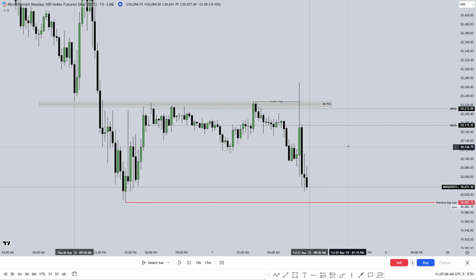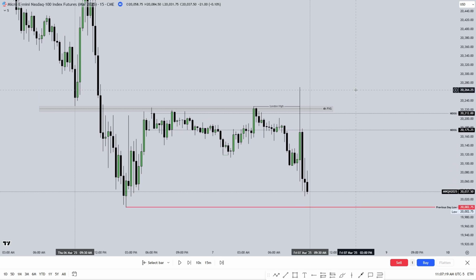What have we done up to that point? Well, remember this was NFP. Okay, so this is Friday, and it's the first Friday of every single month where the NFP numbers are going to be released, and so it's going to bring a lot of volatility into the day, and it can give us a lot of good insight on who's been manipulated and where we can target following that.